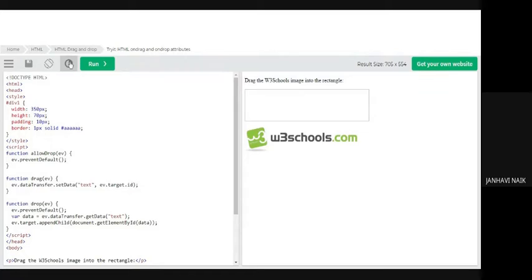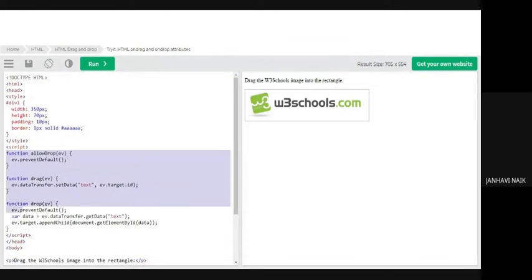In the presentation we have studied that HTML gives you a feature for drag and drop. The only meaning of this is that whatever image there is, you can just drag the image and drop it into the rectangle. So this type of feature is also available in HTML5. The only thing is, you have to write a proper script for catching that particular image and dropping it into the rectangle.